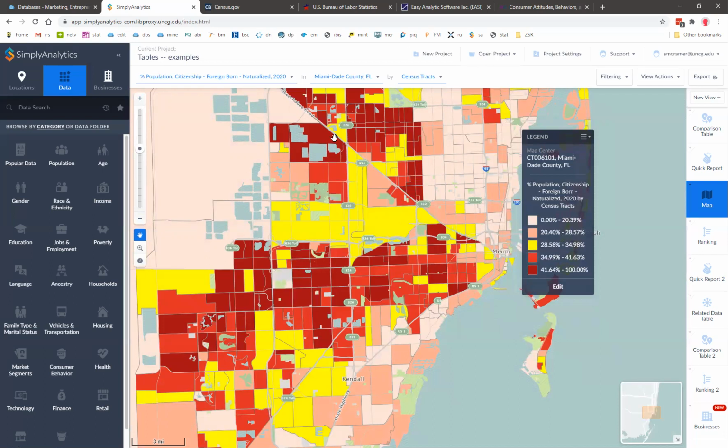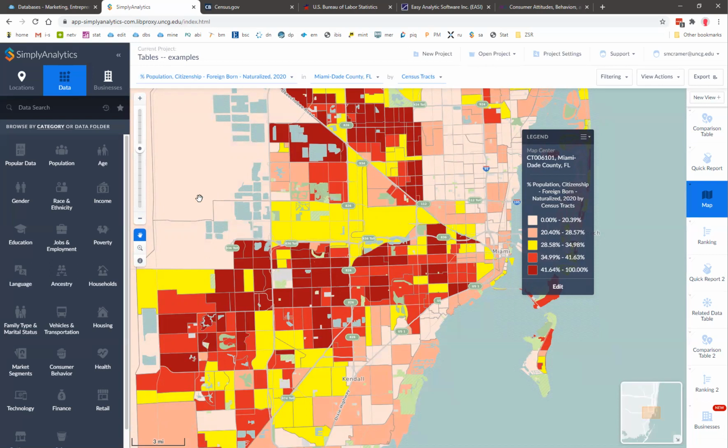I think that's good for the map so far. Okay, let's talk about the data. As I mentioned in my outline, there are two main types, in some ways, of breaking it down: public data and private data. Public data is government data, census data, and that could be from the 2010 or 2020 decennial